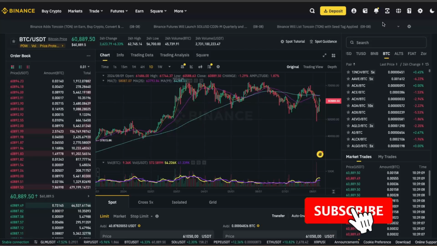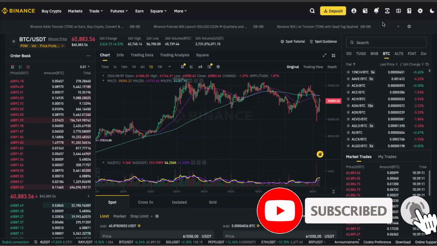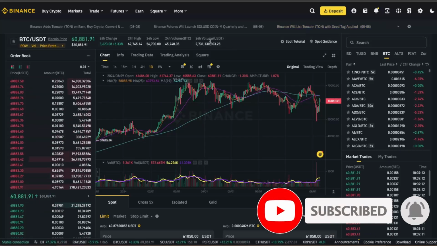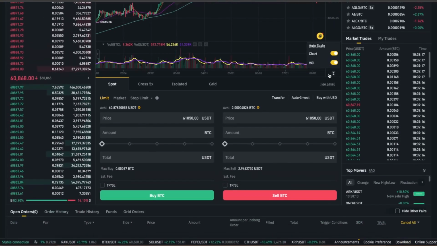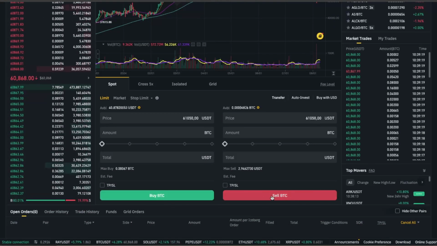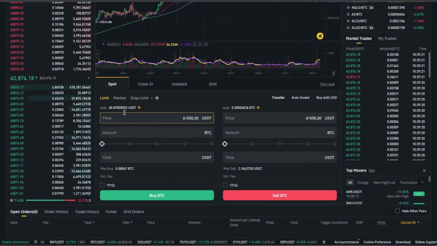Hello guys, in today's video I'm going to show you how you can set a stop limit on Binance on your tradings. So basically when you scroll down you will see this buy or sell option, and right there on